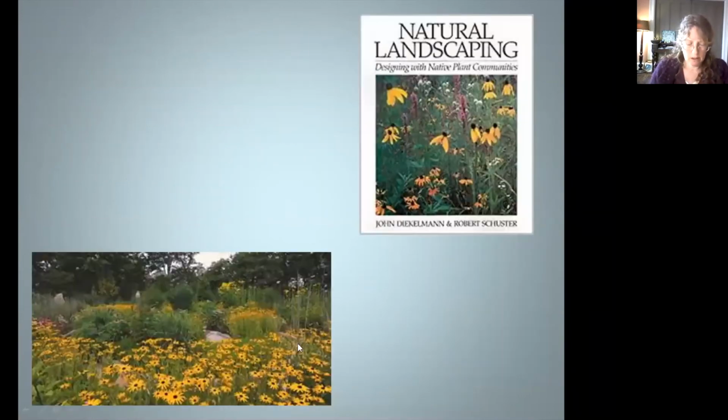Let's see. What you want to do also is not just go plant by plant, as I said in the beginning, but think about communities. So you don't want to just plant a whole bunch of flowers. You want to make sure you get grasses in there and sedges and different types of native herbaceous layer and shrubs and trees. And as I said, vertical as well as horizontal. And the book on the top right is terrific for designing with plant communities,